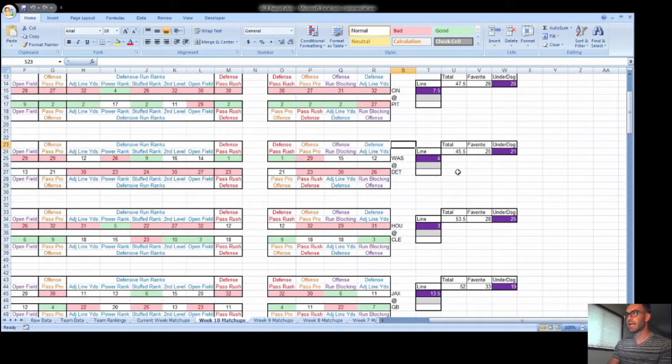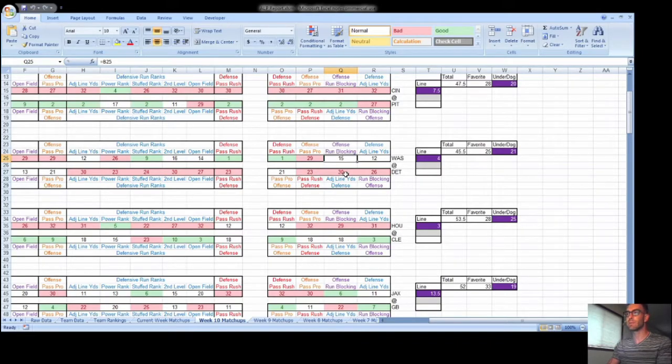Next is Washington at Detroit. We have a 45.5-point total there from Vegas, so pretty low. Washington actually 4-point underdogs there. Detroit is favored in there. And really, I only have two things of note here that come both from the Washington side. First, we have the Washington rushing, essentially. So we have offensive run blocking. They're middle of the road, 15th, but Detroit is 30th. That's middle of the road run blocking, but with Detroit being 30th in adjusted line yards, I believe Washington will be able to run the ball here, keep it close with Detroit, and